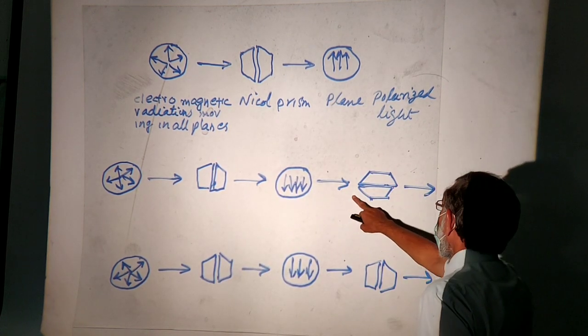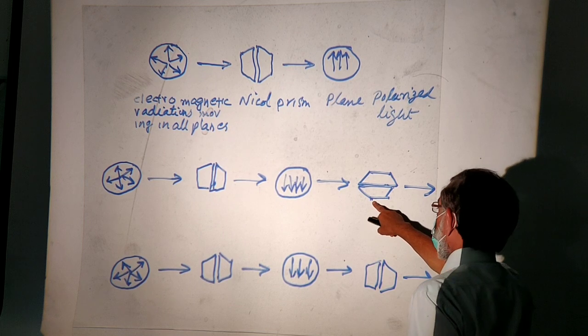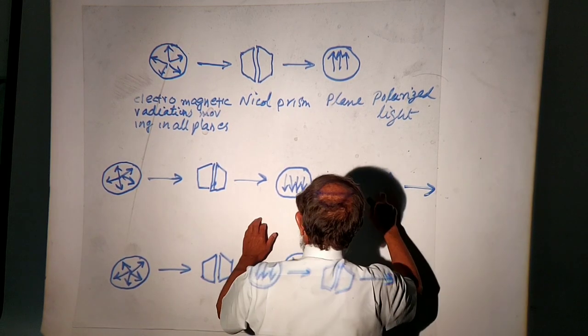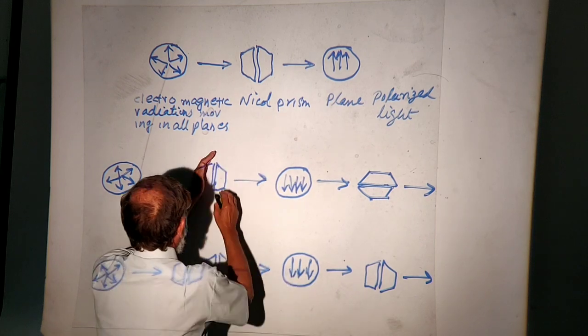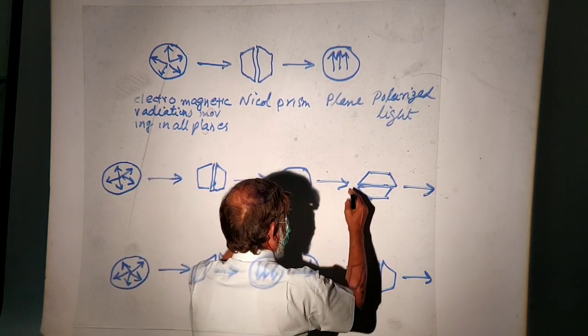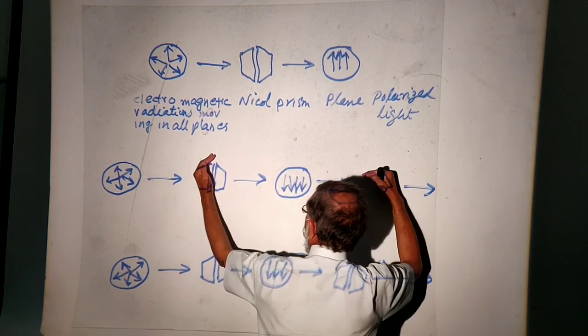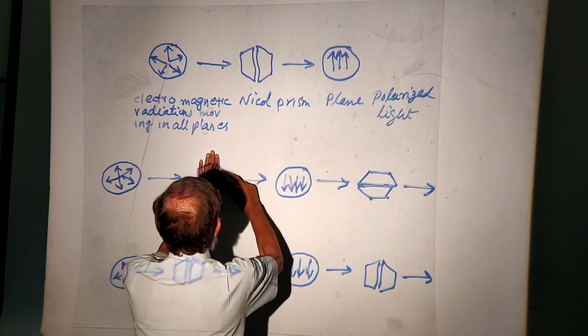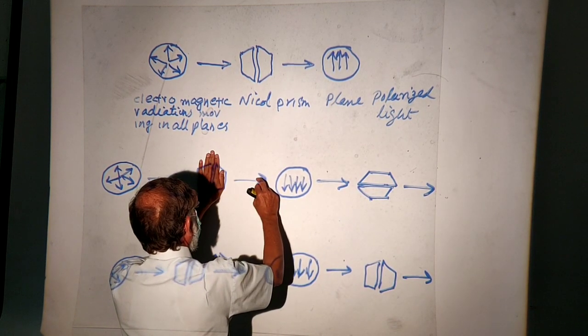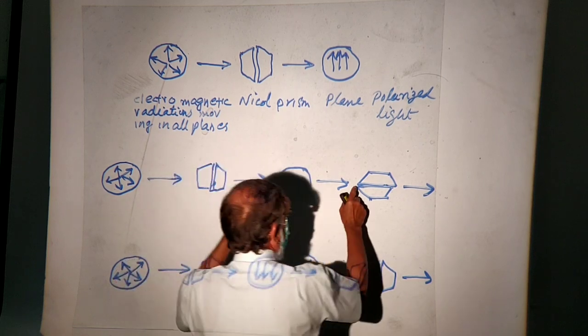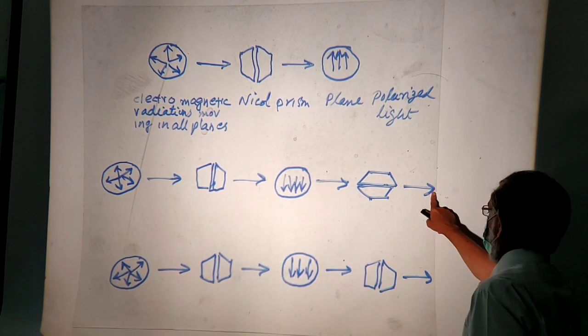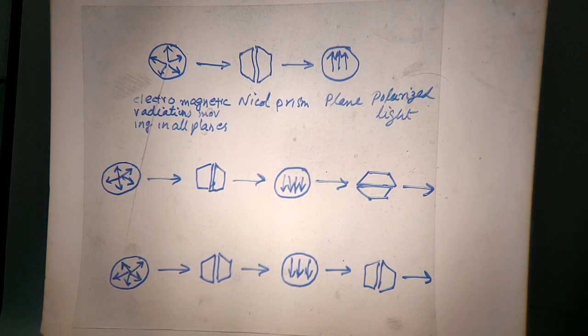Now then you place another prism in front of it, and this prism is perpendicular to this one. This is in this way, and that is the opposite side. This has been placed here like this. Now you can see this making a 90 degree angle. Now what will happen? Could you be able to see light here? What will happen in this case? You have placed it at a 90 degree angle. Now no light would be visible here.